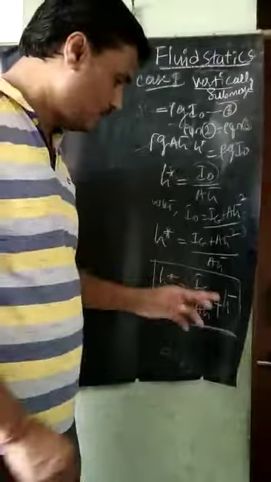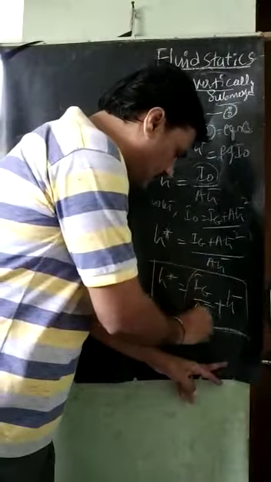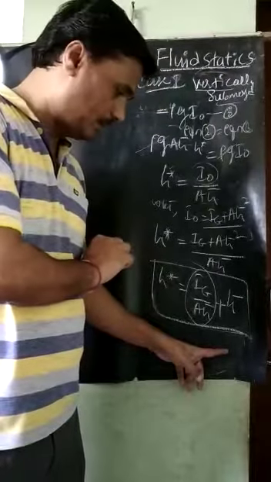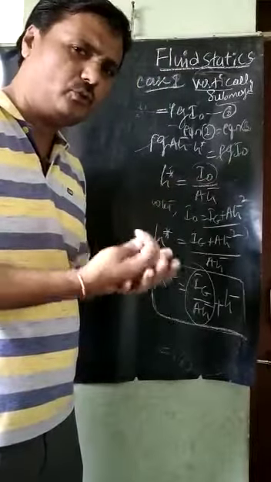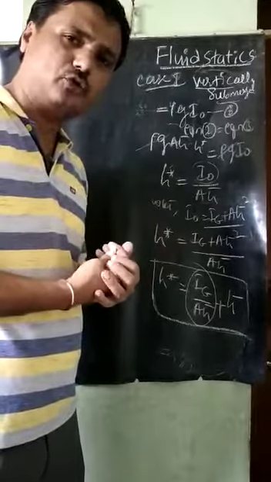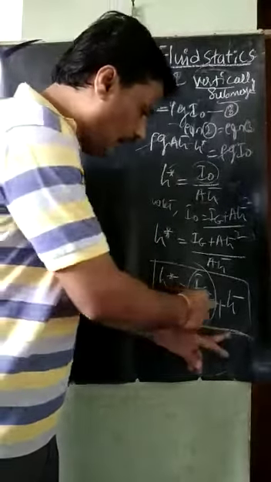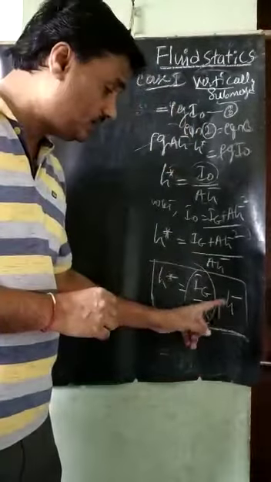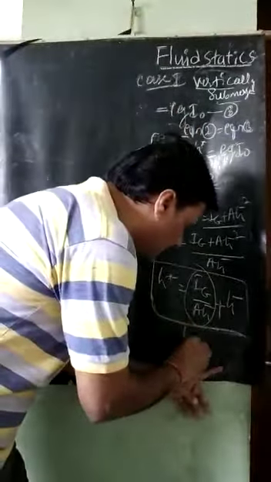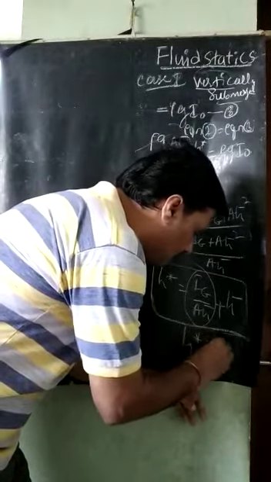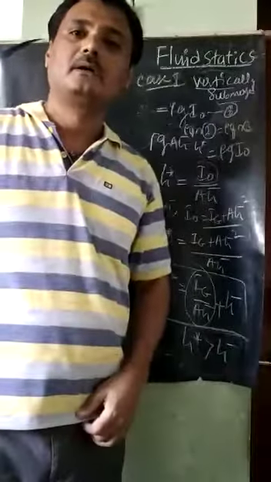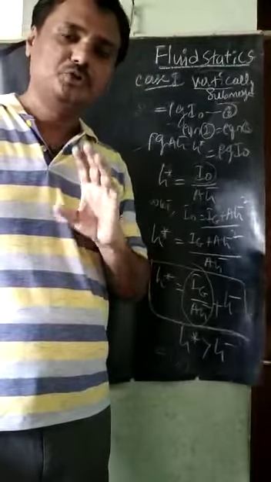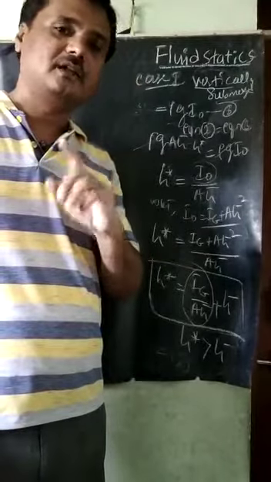One thing we can analyze from this equation: Ig divided by A H bar is one term, and we will always get a positive value here. Another term is added, that is H bar. The meaning is that H star is greater than H bar. Initially we assumed that H star is greater than H bar.